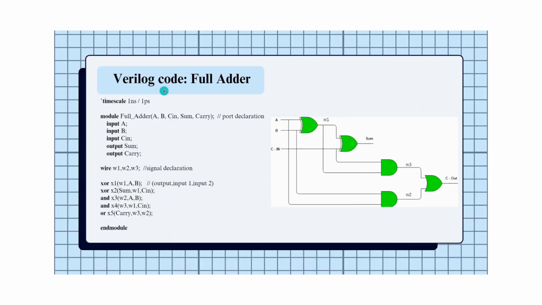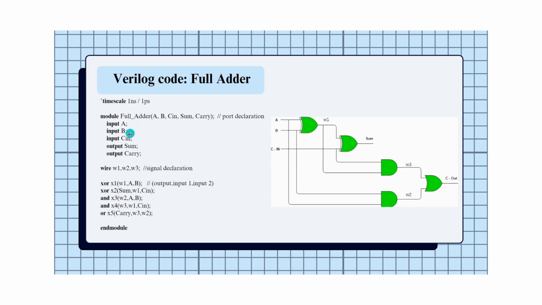Now coming to the Verilog code of full adder written in simple signal concurrent assignment. Here the timescale directive defines the time units and the time precision for simulation. Here code starts with module. I have marked all the keywords in bold. Then name the module. Be careful while naming it, as it allows only alphabet, number and special character except underscore, and it starts only from alphabet.